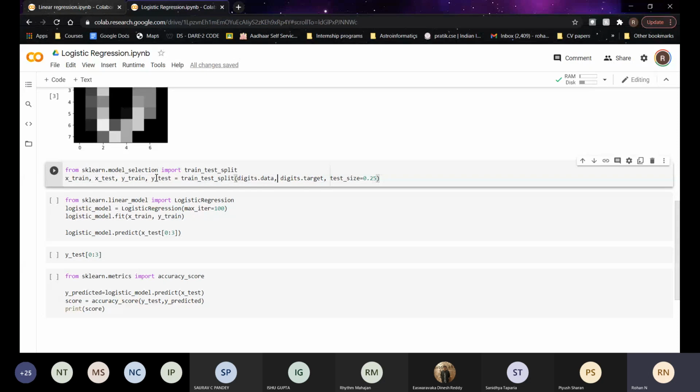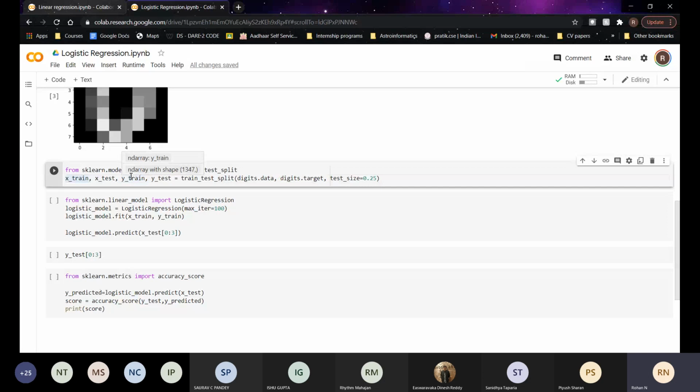X train is training features, and Y train is training labels, and the same with X test and Y test. So that's how the function works.